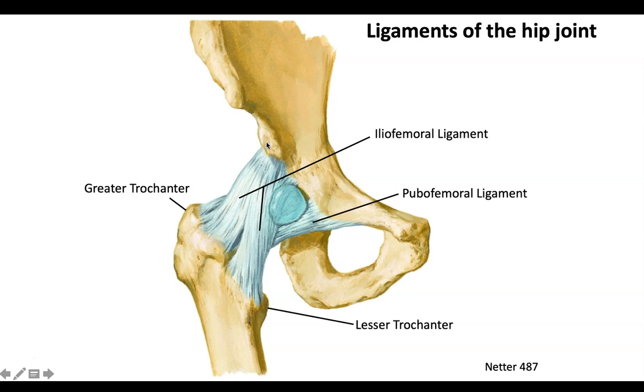and also it is attached to the anterior inferior iliac spine. From this proximal attachment, distally and anteriorly, the fibrous capsule is attached inferiorly to the intertrochanteric line. The intertrochanteric line extends between the greater and lesser trochanter of the femur. So the fibers run from the acetabulum and anterior inferior iliac spine to the intertrochanteric line